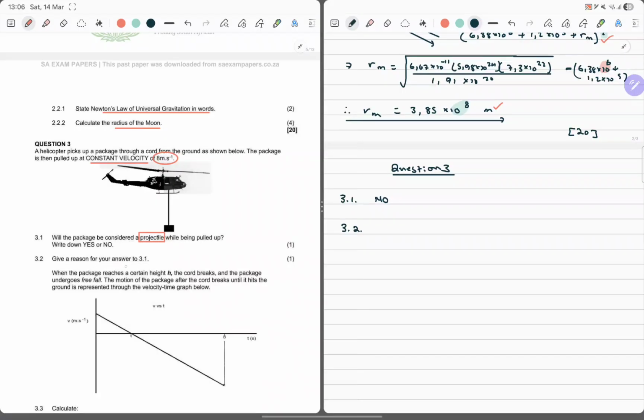Right, give a reason for your answer in 3.1. Okay, what are we going to say? We can just simply say the gravitational force here is not the only force acting on this object. Or we can say the resultant force is 0. So this is already telling us that we do not have a resultant force, and this cannot be a projectile. A projectile always has a resultant force, and the resultant force is the gravitational force. But I think it's best to just say the gravitational force